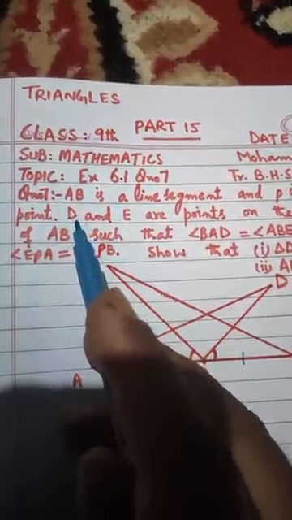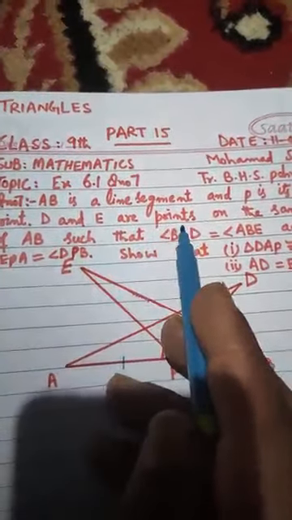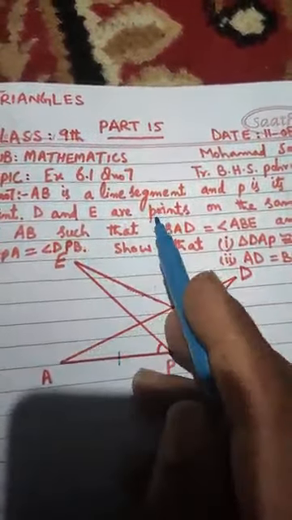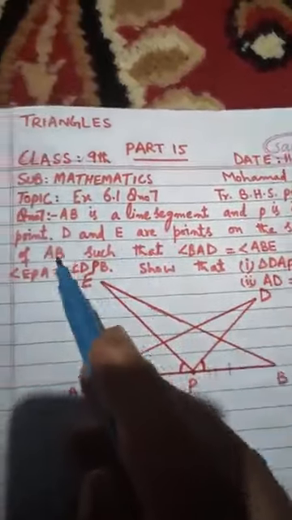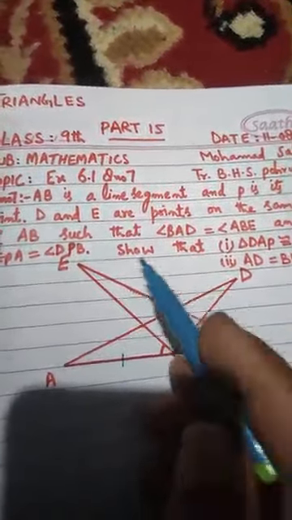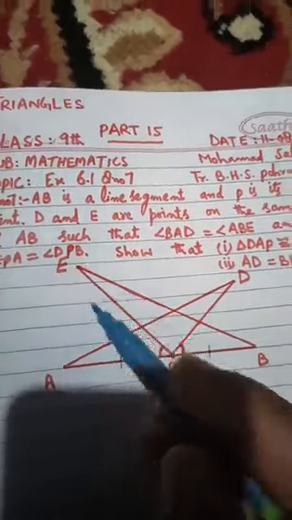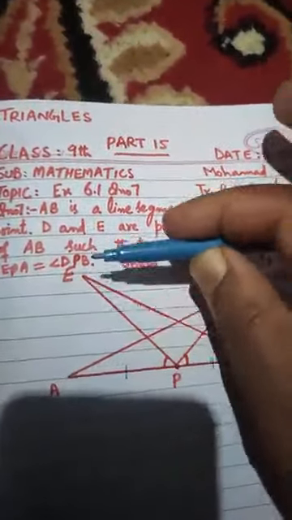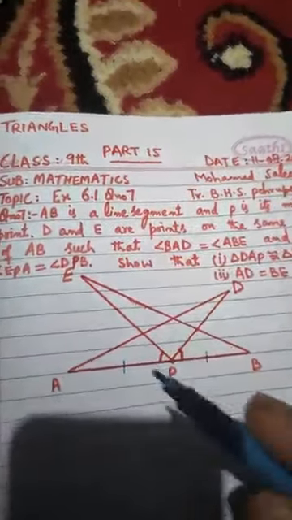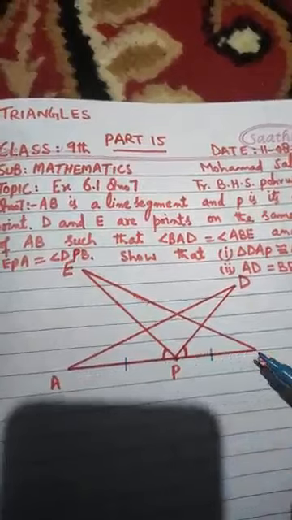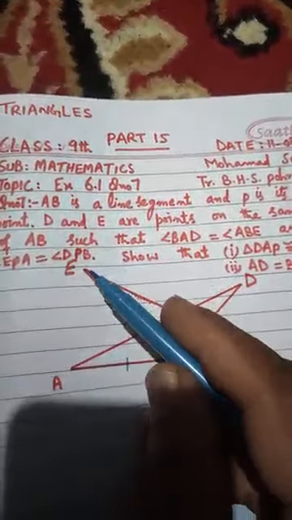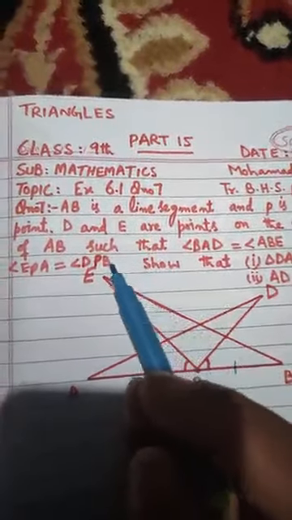Then we have D and E, points on the same side of AB. Point D and point E are on the same side of the line segment AB. That means on the upper side. On the upper side of line segment AB, there are 2 points, point D and point E. Okay, such that